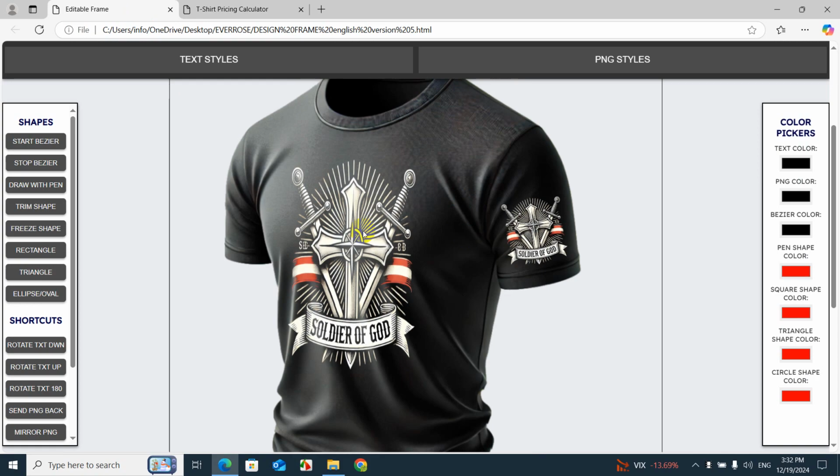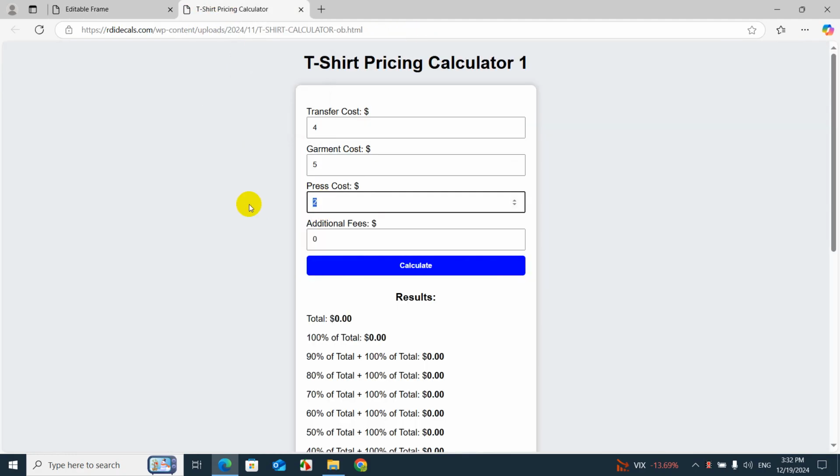But as you can see, it has two designs, the big one and the small one on the sleeve. For the second press, I charge $1 for every press. So I'm gonna do $3. So two for the big one the first time and $1 for the second press. So that's $3. Additional fees, no, there's no additional fees. Calculate, and now